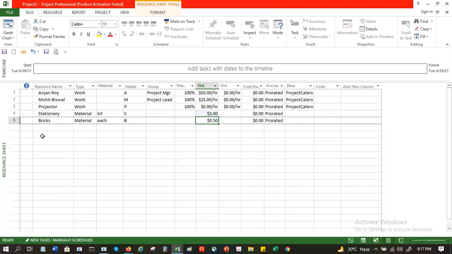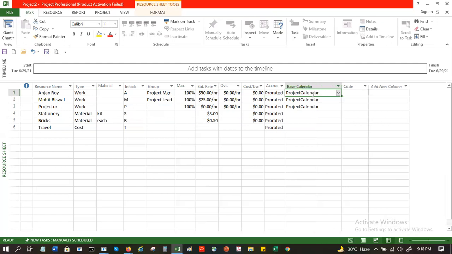And another type of cost, let's just capture that, which is your cost. And in the cost, you can't specify any cost here. And for resources, you can also give a calendar. See the calendar for the resource. This is the project calendar by default. For a labor resource, you can have his schedule put into the system. And this is how you create your resource master.